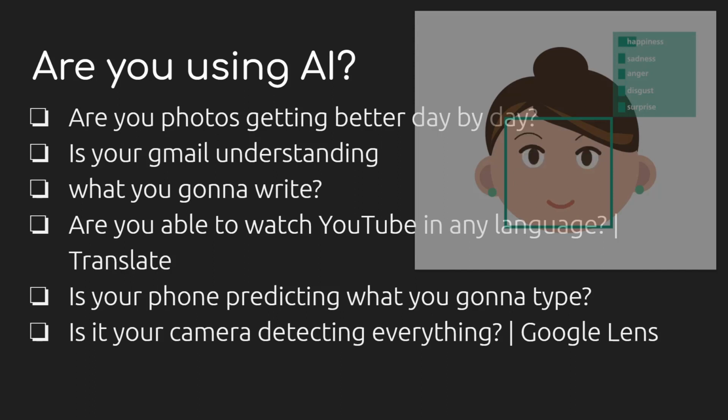Then I don't know whether you have observed it, but I use Gmail's autocomplete a lot. For example, if you just type thank you, it will autocomplete it as regards, and you also mention your name, something like that. So this is also an example of AI. And whenever I explore a lot of foreign countries' films on YouTube, it will auto translate it for me. Then I can watch any foreign language, French or even Dutch, on YouTube, just by using Google Translate. So Google Translate is also an example of AI in implementation.